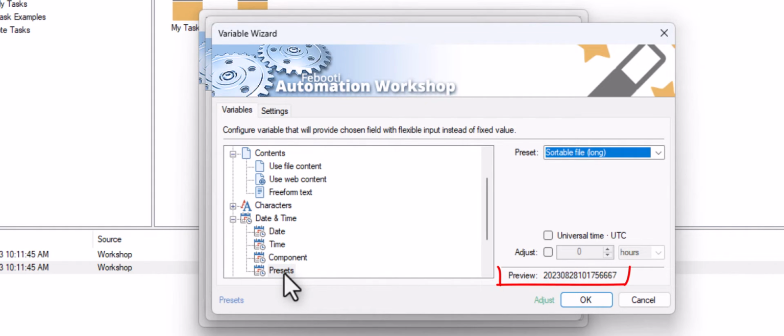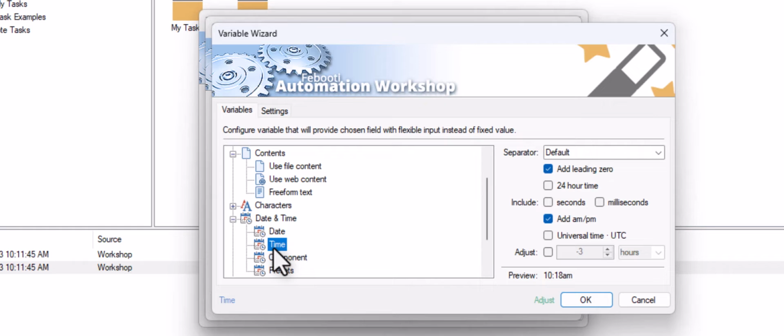We have the timestamp without separators. Dashed. System date. Long format. None of these are quite right. I'll head over to the time category to select the current time. And as you can see in the preview, this is how it'll appear in our email.